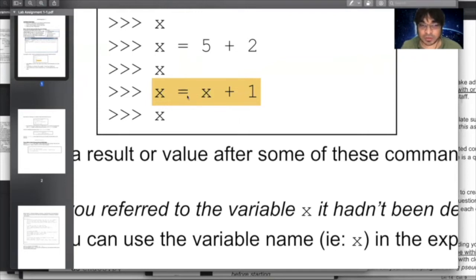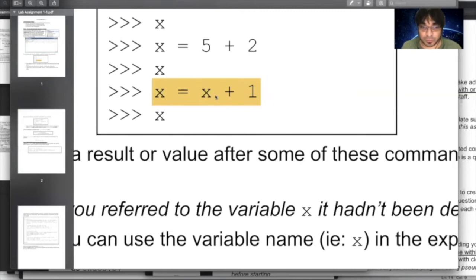That equal sign does not stand for equality. In programming, not only in Python, but in most popular languages, the equal sign stands for assignment. Assignment and equality are not the same thing. Assignment means do some operation on the right, take that result, and assign this value to whatever we have on the left hand side of the assignment sign here.